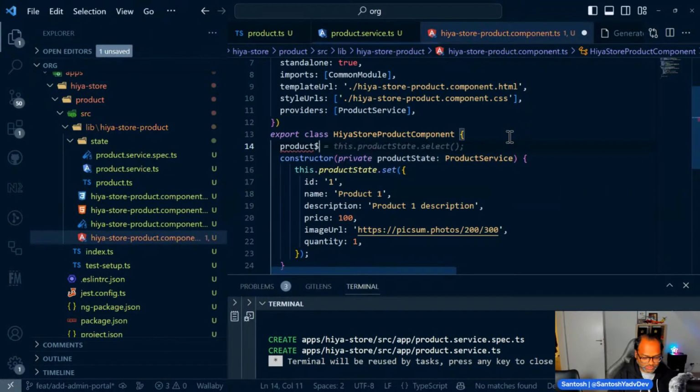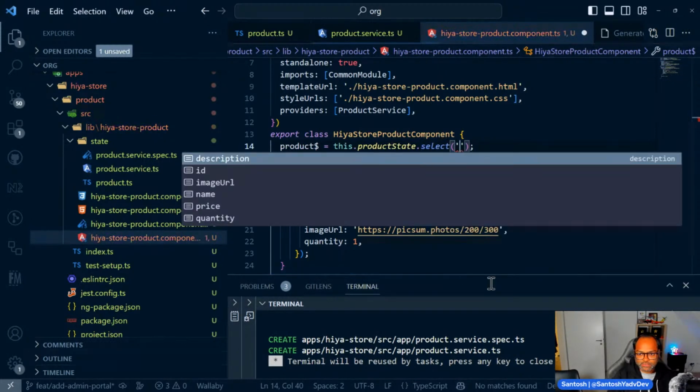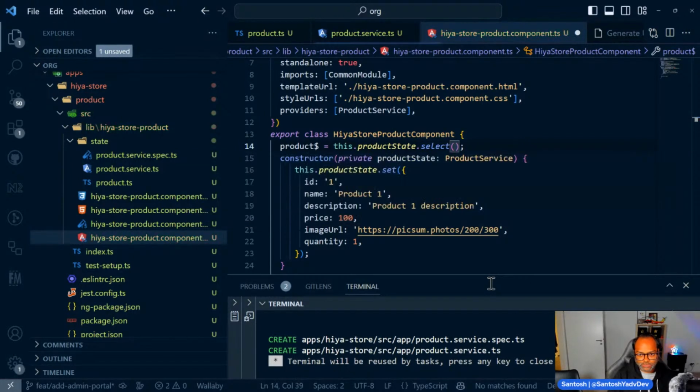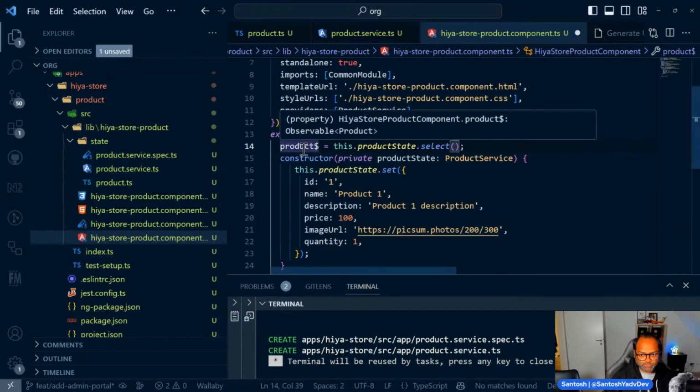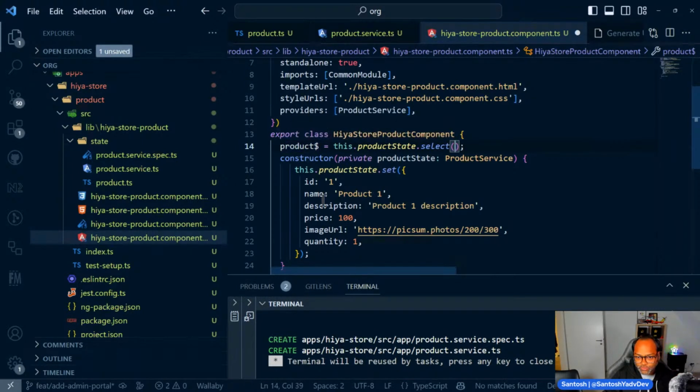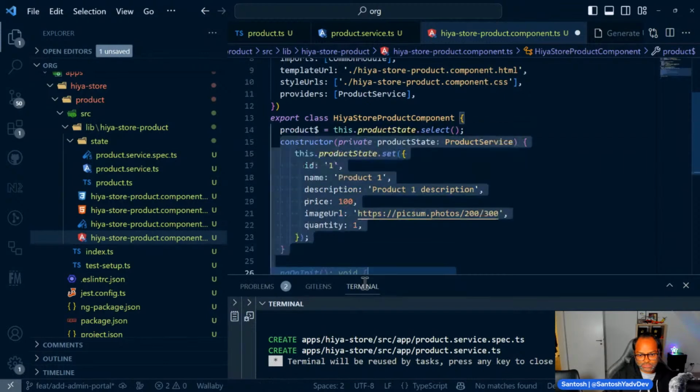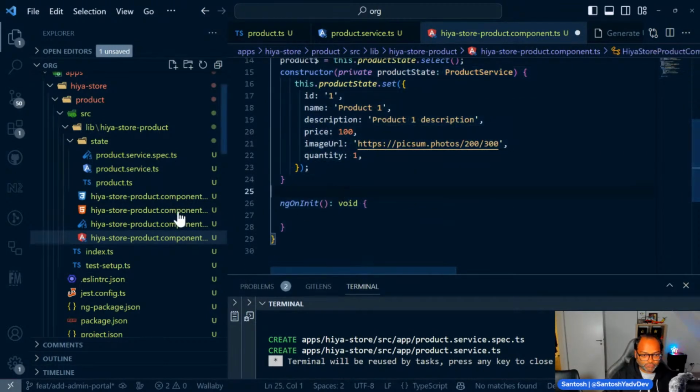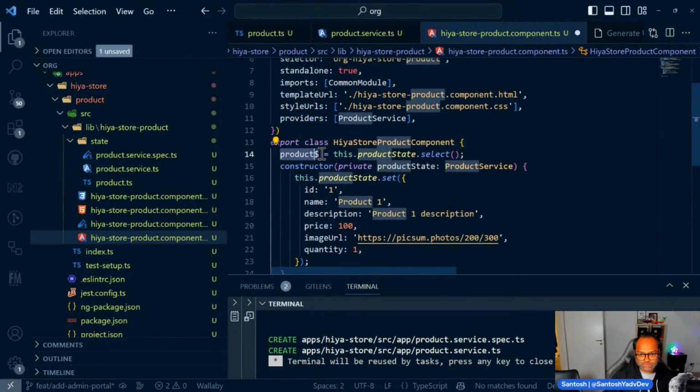We'll say this is product, and this.product.select, and you can also select the properties which you want. If you do this, you are selecting the entire property. So you can see it returns an observable of product, and you don't have to do anything. This is it. This is the implementation, and we can now render this data using